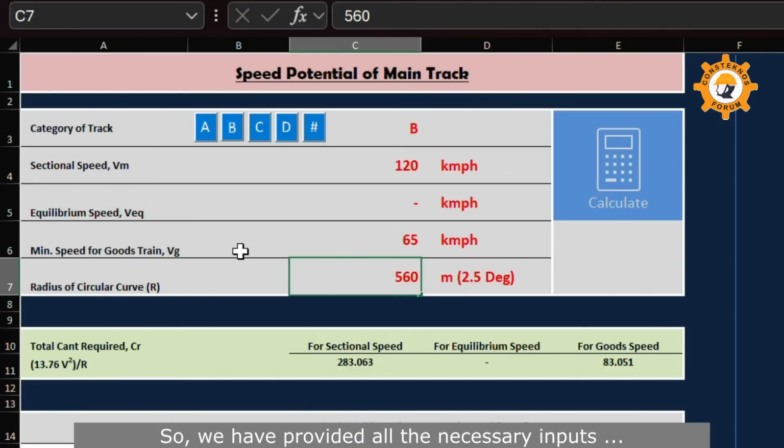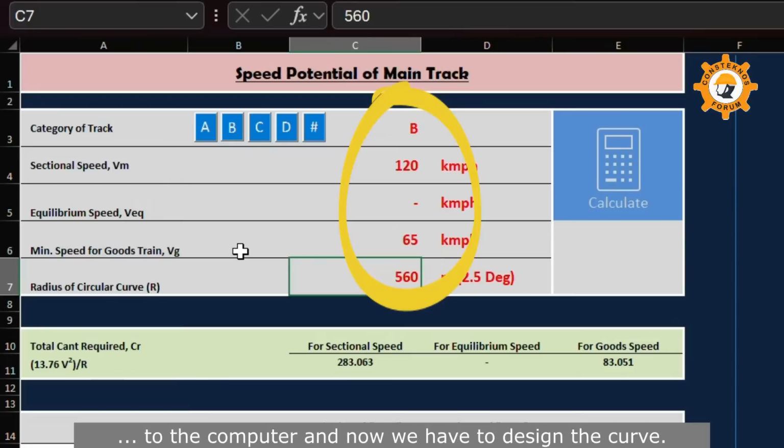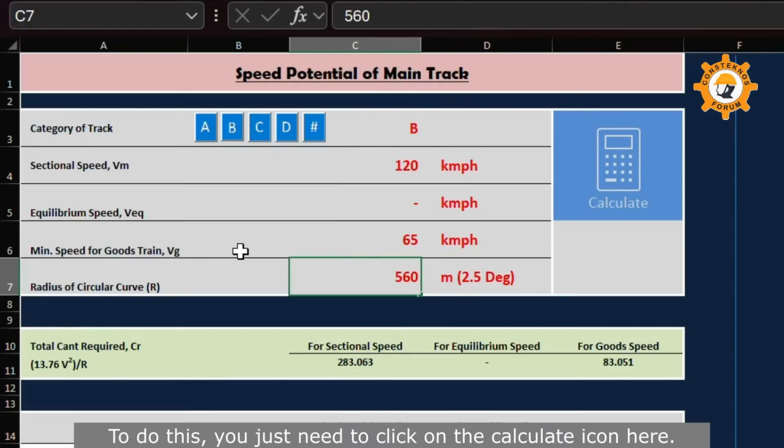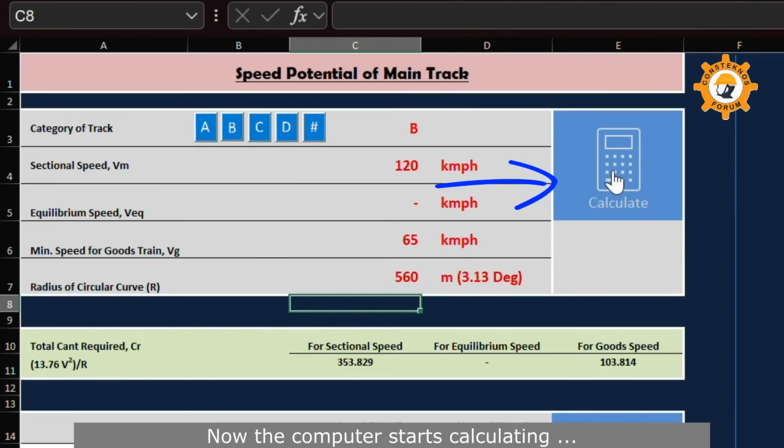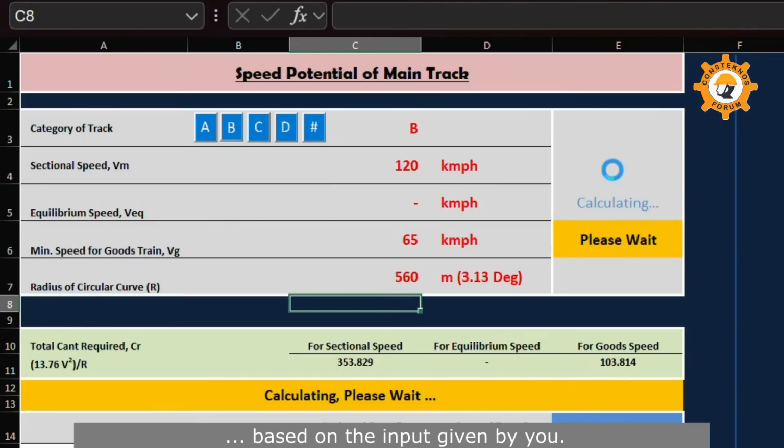So we have provided all the necessary inputs to the computer, and now we have to design the curve. To do this, you just need to click on the calculate icon here. Now the computer starts calculating based on the input given by you.